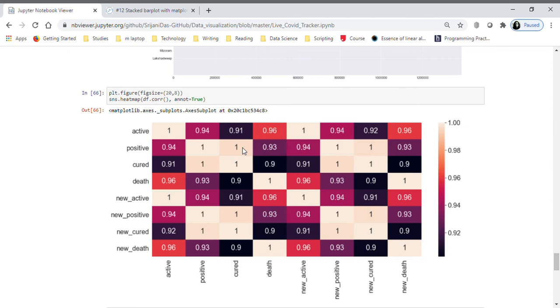If both had the same exact value, I think it would show the same shade. But since there is a slight difference in the number, the color shows a little bit of difference, even if the precision cannot show that difference with respect to the number. That's why I kept the annotation true. Also, positive and new cured will be very much correlated because it's just data of one day before.